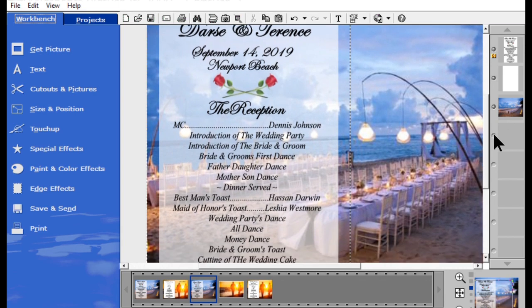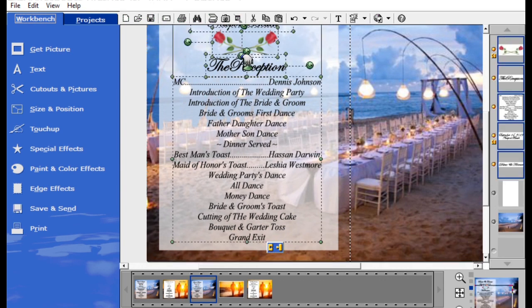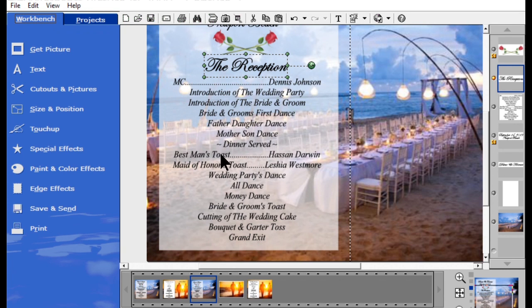I have the name, the date, the place, the reception, and I need to move those apart because the reception is too close to each other. So I'm just going to click on that, right click, edit text, hit a space, put a space there. On this page I have it set up because usually on the reception there are particular people that will be doing particular things. The MC or the DJ. The MC and DJ usually is one and the same. You'll put the best man's toast and the best man's name, the maid of honor's toast and the maid of honor's name, and then you might have a place for just random guests to come up and do toast. So once again, if it's your wedding, you set this up however you want it, or your customer requests. And then I have after the toast,